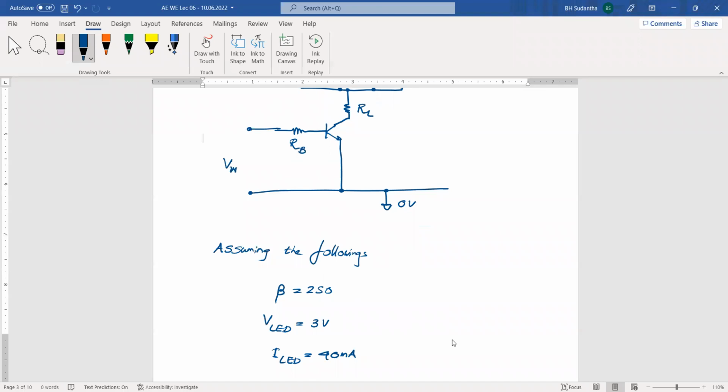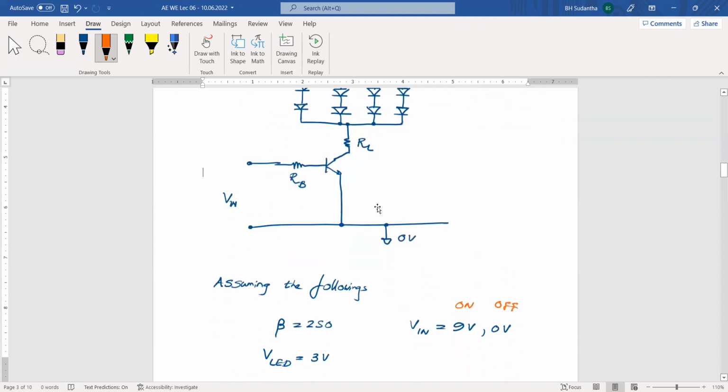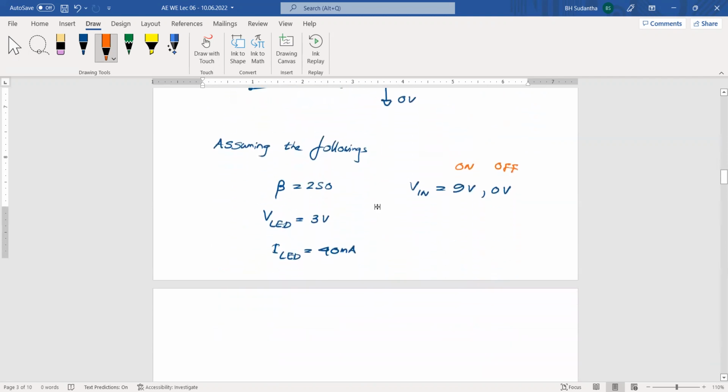Taking these parameters, to turn on, you are using Vin as 9 volts and 0 volts to turn on and off. Here, this is the turn on voltage, this is the off voltage. And by taking these things, we have to find